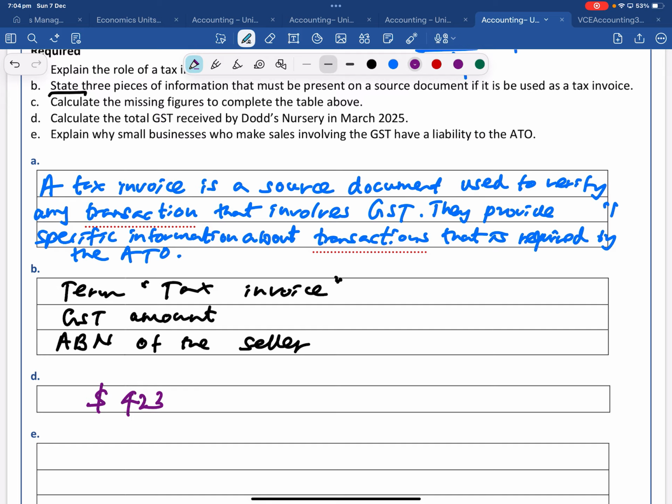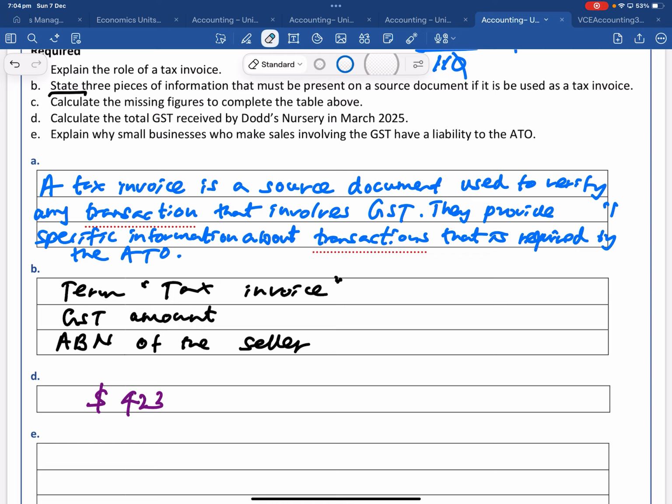Because the business is in a payable position, they have to pay money to the ATO. Why? Because they have an obligation. Then what if they have a GST liability? What if the opposite, the ATO is refunding GST to them? That's an asset. Yes, that's an asset. Then why wouldn't a business have GST as an asset rather